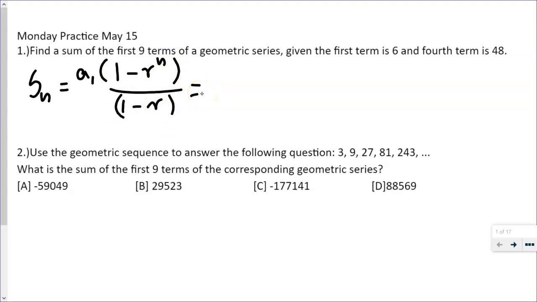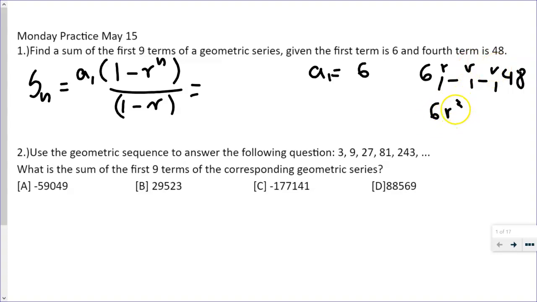Okay, so our first term is 6. Now, we don't know what our ratio is, but we do know that the first term is 6. We don't know the second term. We don't know the third term. We know the fourth term is 48. So remember that we are going to have how many r's? 1, 2, 3. So you can either do it in your head or you can do 6 times r cubed, because we got 3 r's, equals 48. Divide both sides by 6. Okay, r cubed